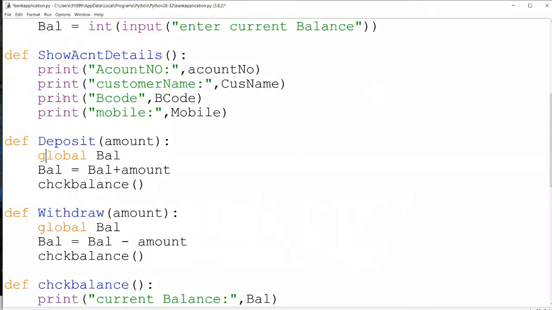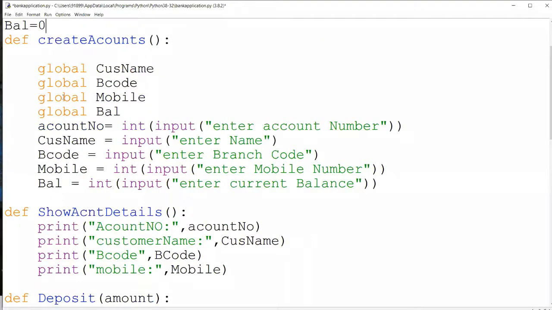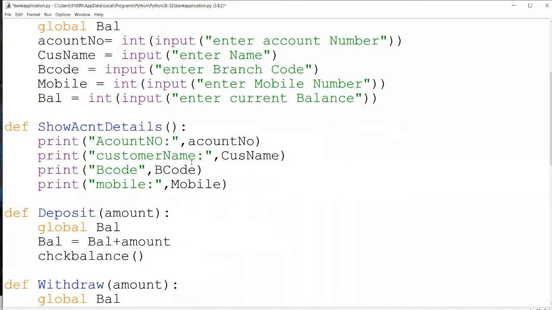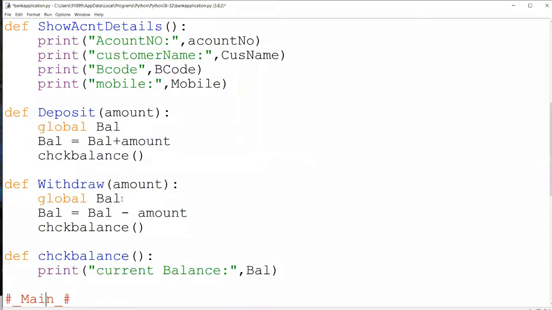So we are discussing that whenever you use functions, you have to be very careful with the scope of the variables, because there are a few variables which you require throughout the program. If you make any variable a local variable, you cannot access it in some other function. Suppose account number is a variable I may require in all the functions, because if I want to print the account number, I must have it in show account details also. Suppose balance: if I want to withdraw or deposit, I require balance in the deposit function, in withdraw, and in check balance also.